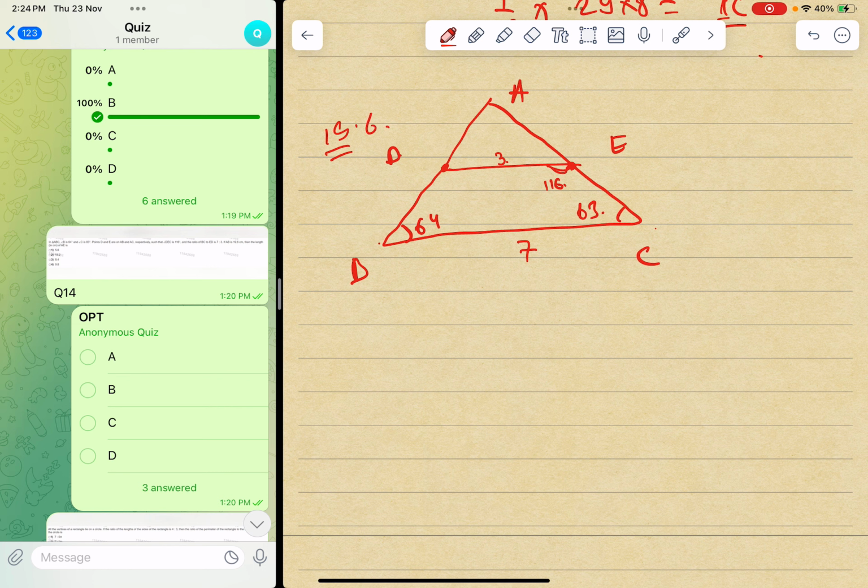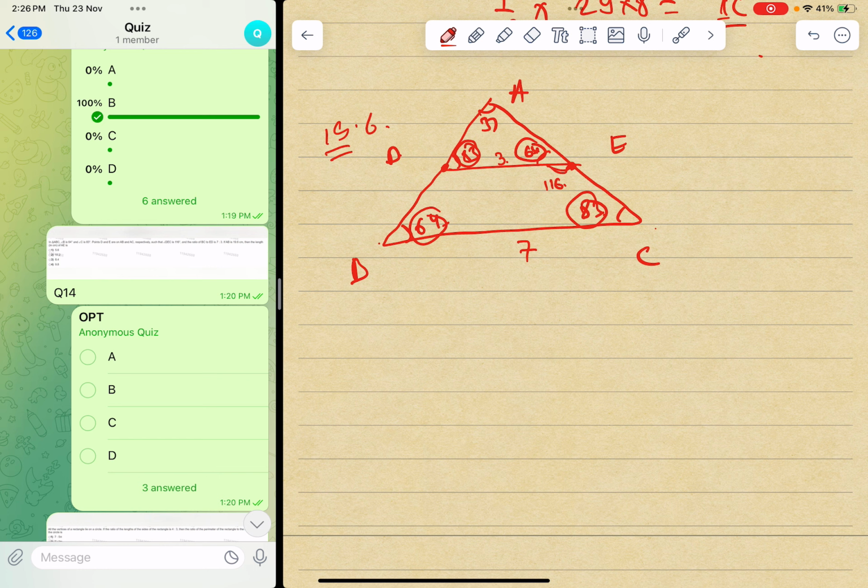Let us check. First of all, this is given 83. Let us find the third side as well, so that we can work upon something and check. First of all, find this. This is 116, right? So 180 minus 116 is 64. So we can already smell something of similarity, because we can see 64, 64. Let us check the third angle as well. 83 minus 64, so this is 33. This angle is how much? 180 minus 64 minus 33. Wow, as smelt, we got 83, 83, 64, 64. We are done. We have nothing to do.